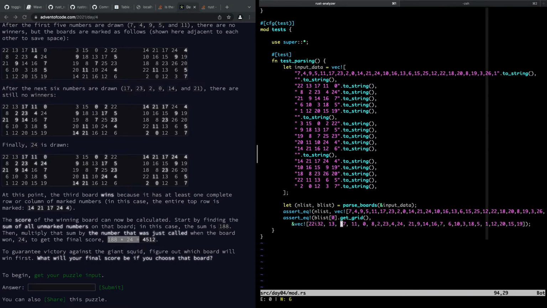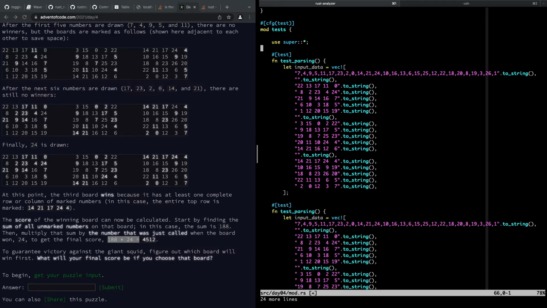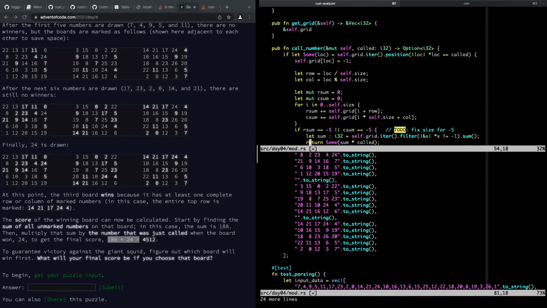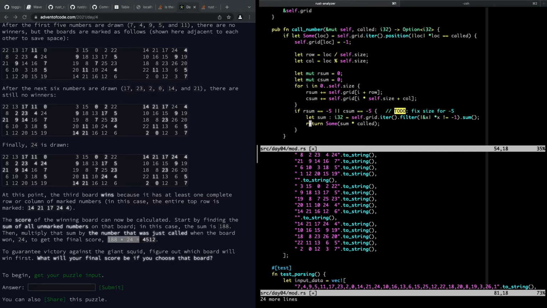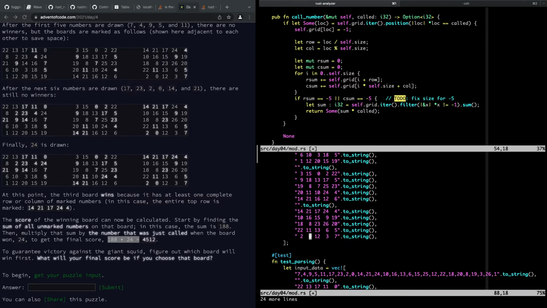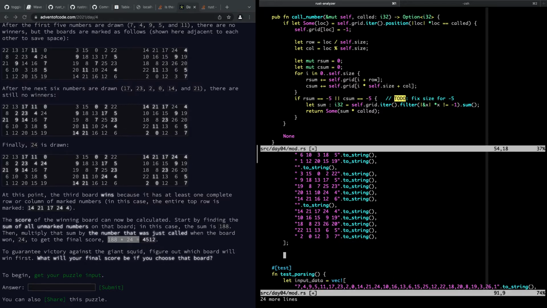Oh, I hate repeating this input data, but I'm going to test the winner. And now, how are we going to test to see if we have a winner? What we're going to do is loop over each number that we call, and call the number on each board and see if it's a Some instead of a None, right? So we're going to say for, actually we have to loop over all the numbers,